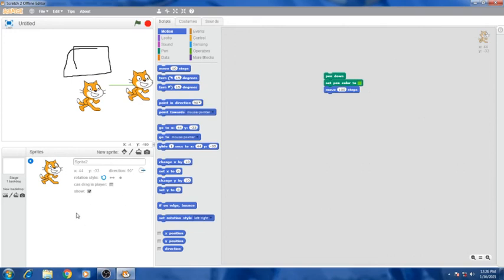Sprites info pane. Underline option B, sprites info pane. Second question: dash is an object that performs actions on the stage. Who performs the action on the stage? That is sprite. Option A, sprite.